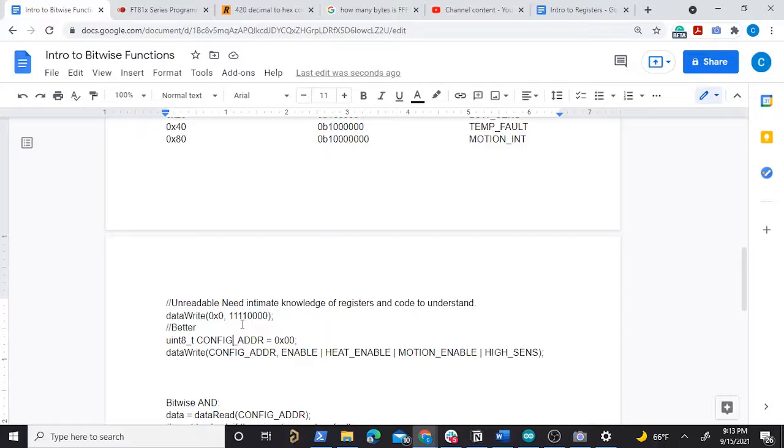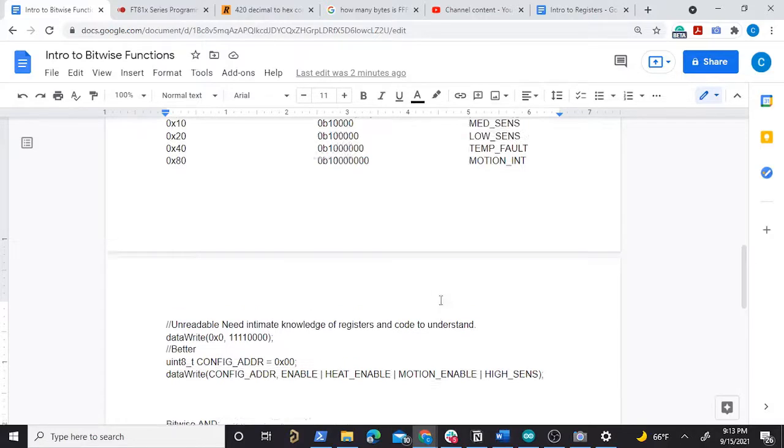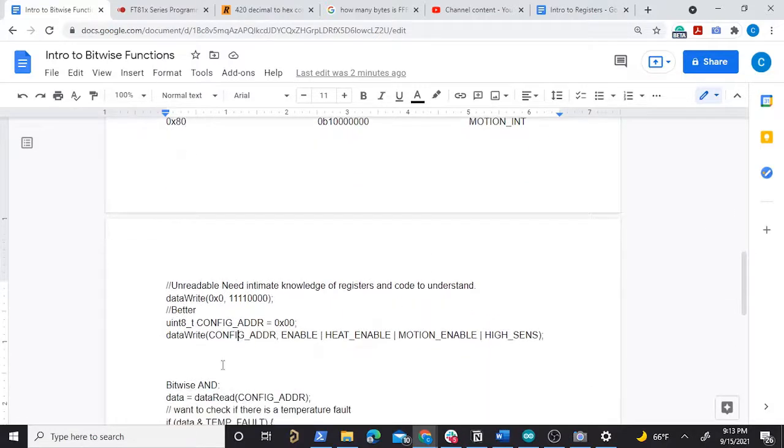Preferably it'd be at the top of your document, but just for simplicity's sake, I'm just going to put it right here. And you say, okay, I have an address of 0, and I'm going to write data to that address. And then the data I'm going to write is, I'm going to bitwise OR all of these together. That might seem a little confusing now, but essentially what we're going to do here is for enable,